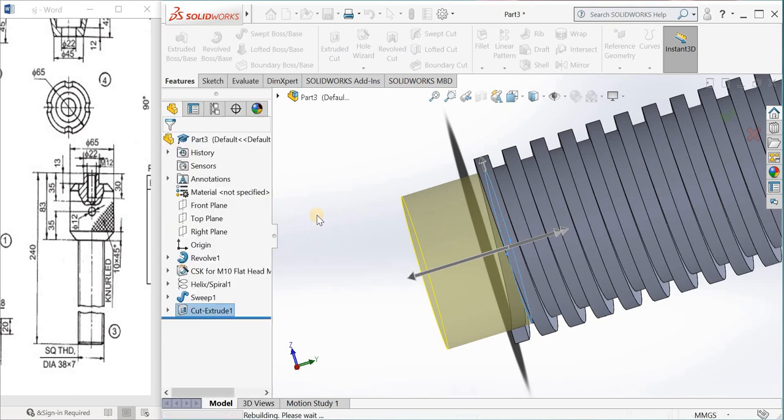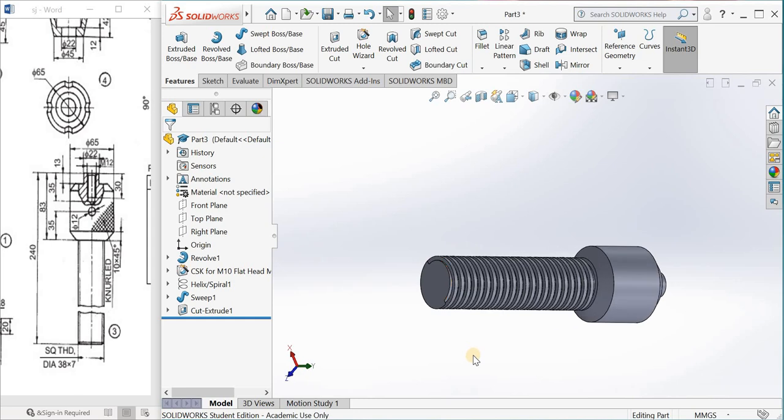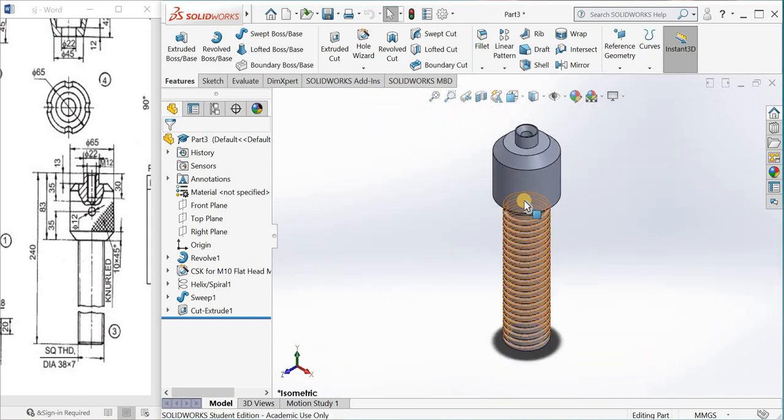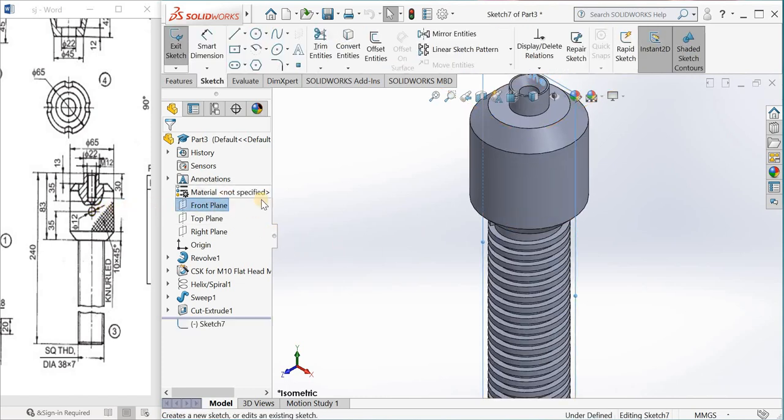Okay, the extra threading has been removed, so we'll save this. Before that, you have to go for the front plane and make this hole. Go for the front plane, select it and make it a normal view. Again